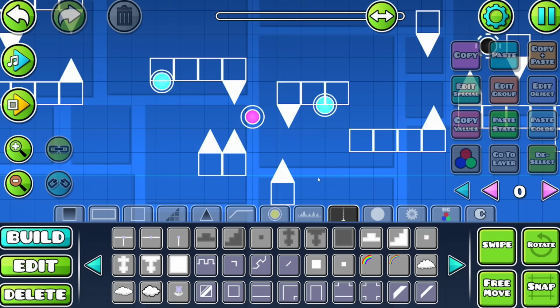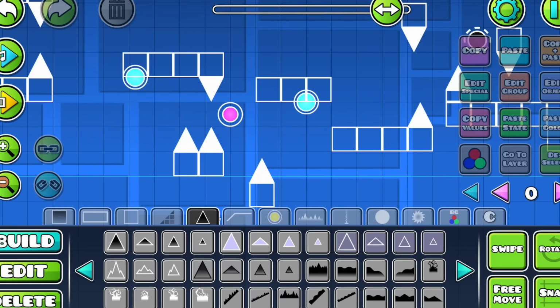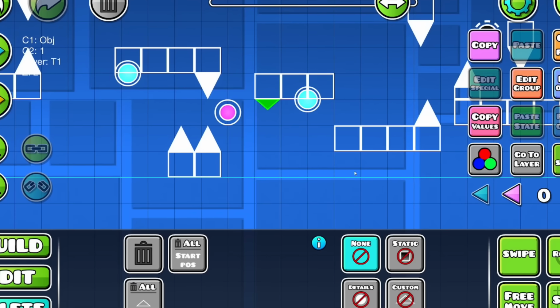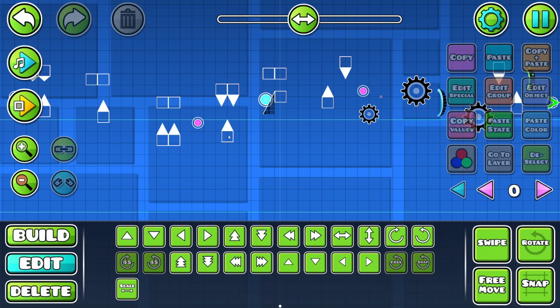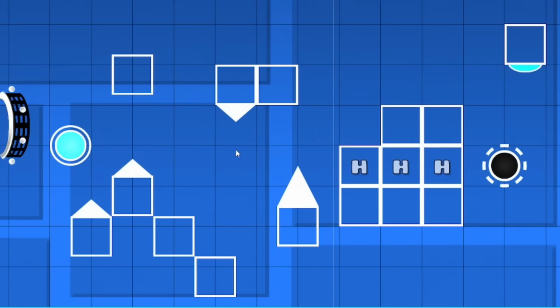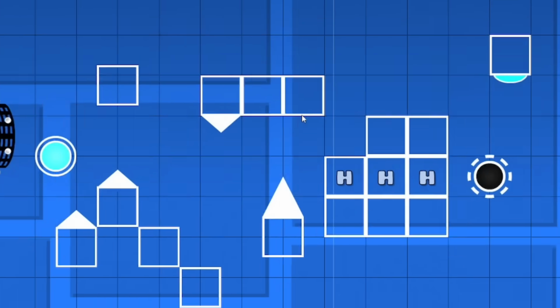Oh yeah, this robot was such a huge problem as well. We just changed that to a flat spike. Get rid of that because it's not needed. Gonna make that pink orb timing a bit more fair by opening that gap. And I definitely needed to add a block over here just to extend that platform and stop you